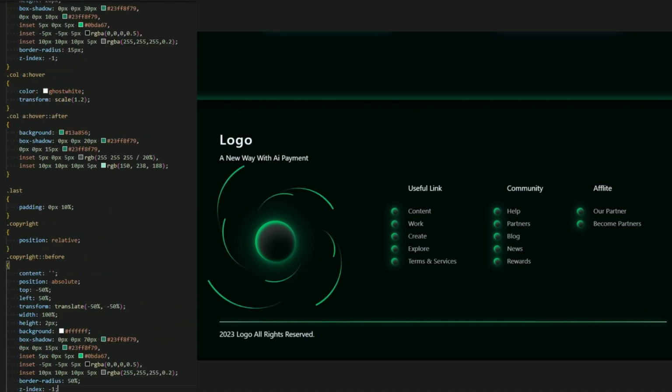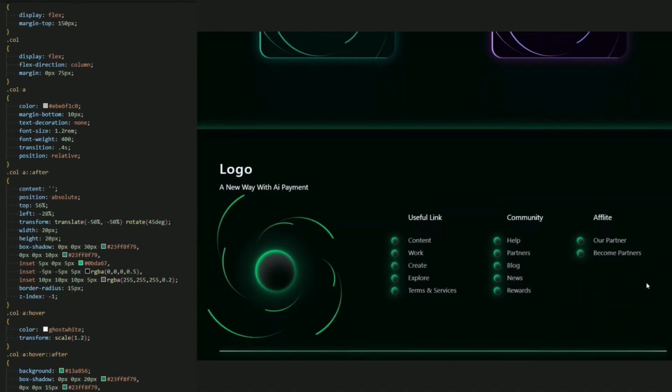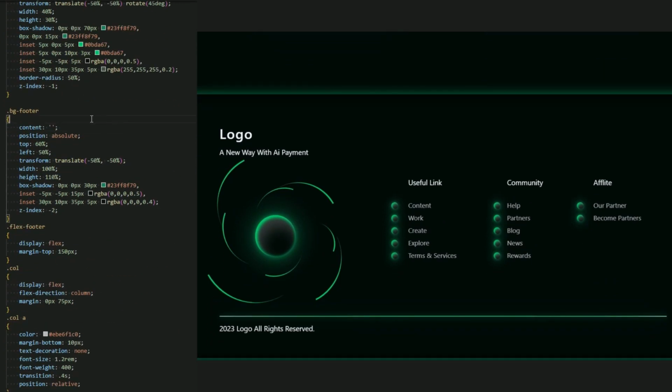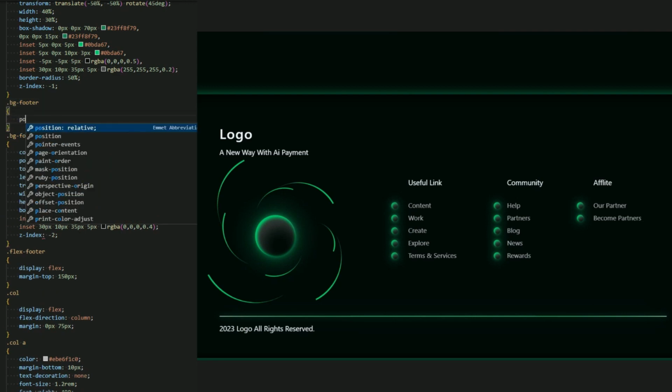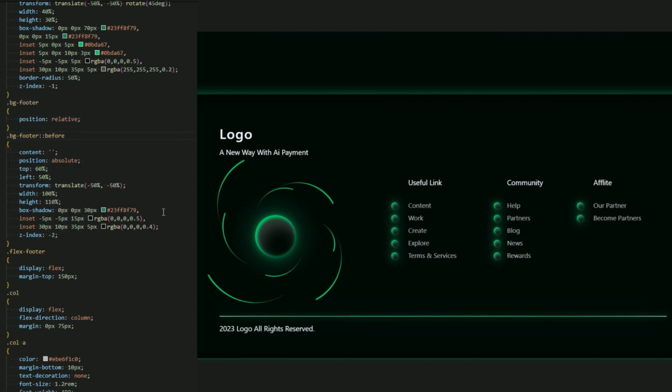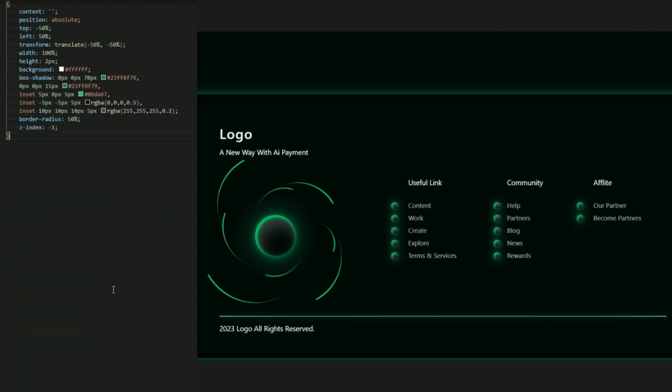Okay, guys, I'm sorry, we have a problem because the BG footer is now in a, okay, I'm sorry, let me add a BG footer, guys. Let me add a BG footer to add the position relative to create a before of this. I'm sorry, guys. Now I think the problem is solved. Yep, there we go, guys, we fixed the problem, and yeah, this is everything you need to create this beautiful website.